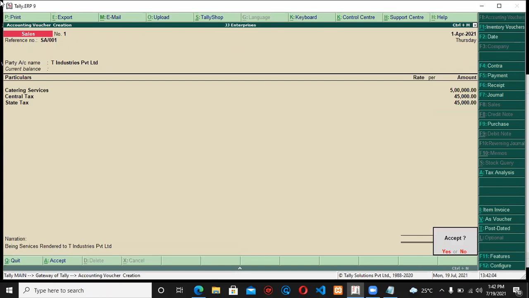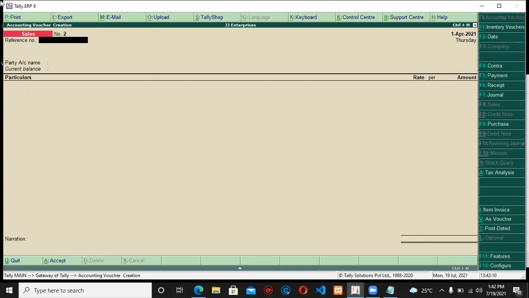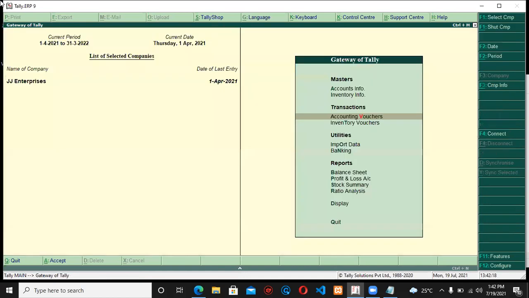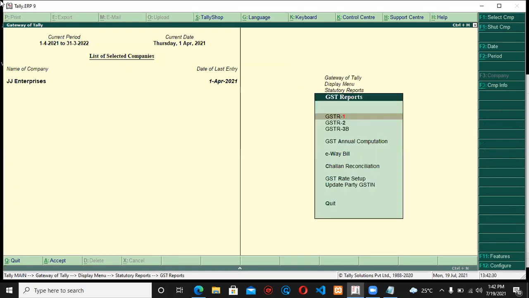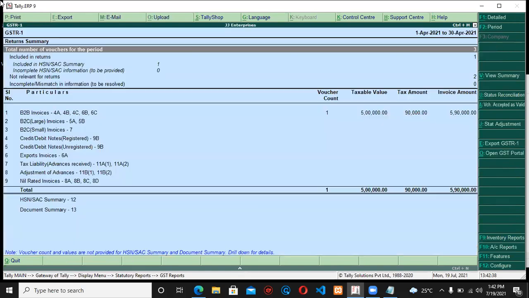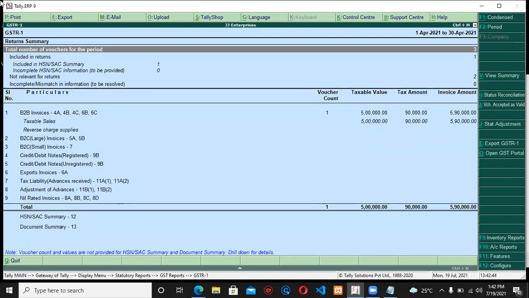The entry is saved, and the sales invoice related information has been accepted. That was intrastate outward supply of services, which is nothing but sale. Now, how do you see a report of this? Directly, we can go to the option display. Go to display and select statutory report, GST. We selected GSTR2 previously. Now we have to select GSTR1, which is pertaining to services. So select GSTR1. That's it. Alt F1 will give you further details about the tax which was accumulated and collected.